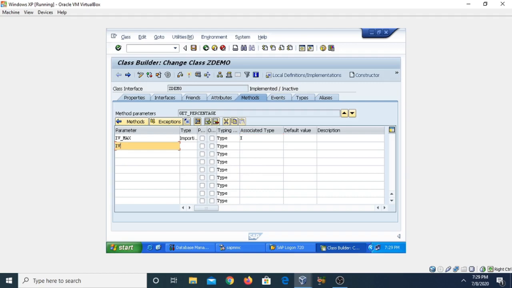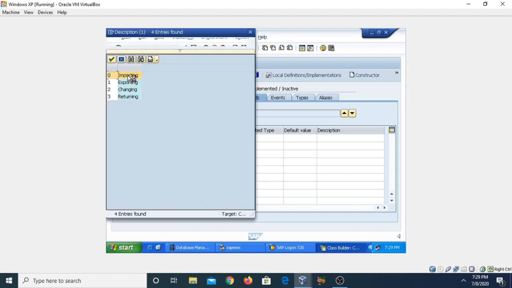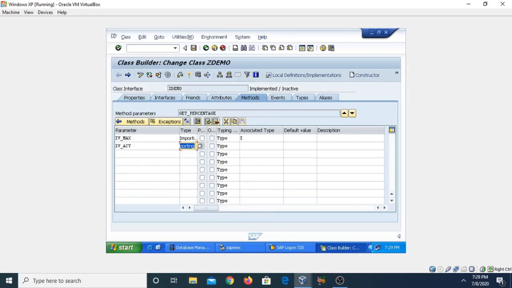Now another parameter IV underscore act, then again we need to select the type here. So type is again importing, and the associate type we are taking here again the integer I. Another parameter we are going to specify, so IV underscore percentage, and then we need to define again the type.